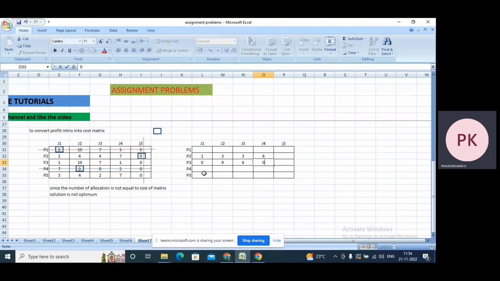Then go to the fifth column. 3 minus 1 is 2, and 4 minus 1 is 3, 2 minus 1 is 1, 7 minus 1 is 6. Okay, and identify the elements which are